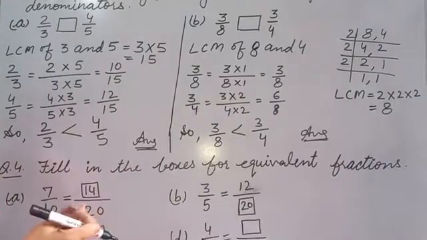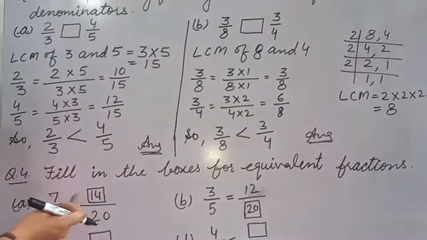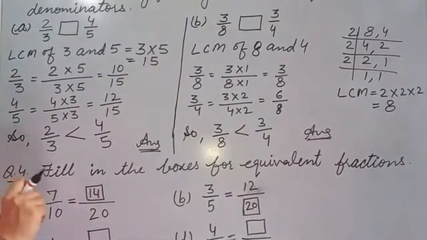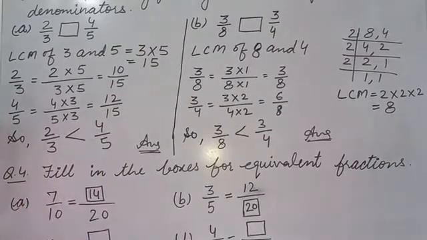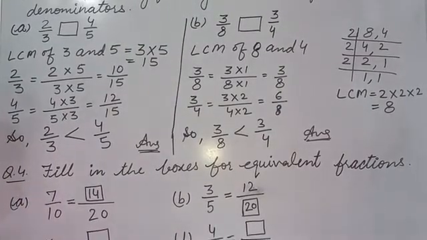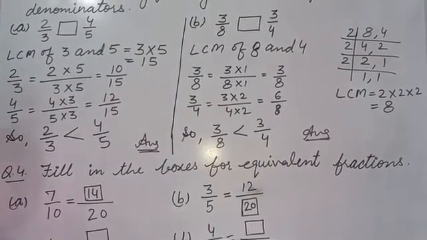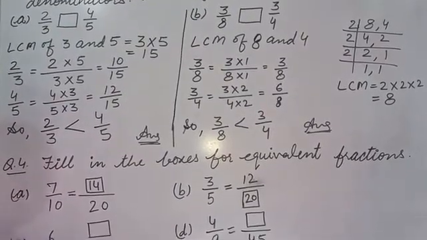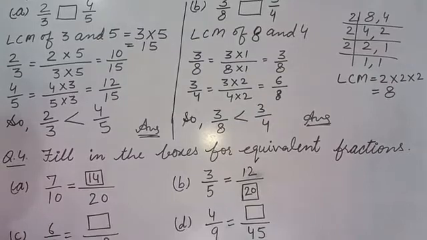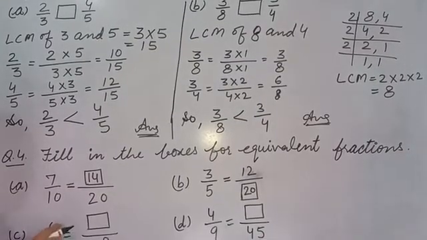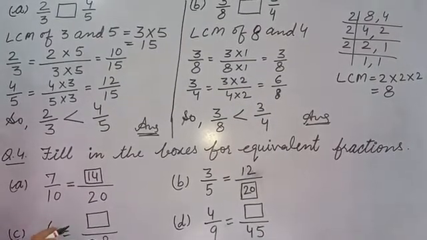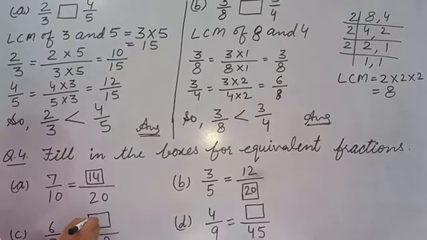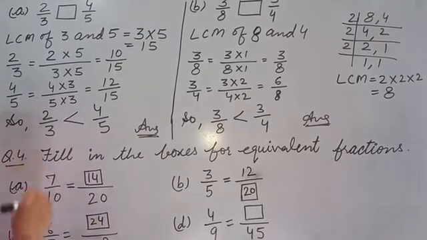Okay. Whenever you have equivalent fractions, you can compare them. If the numerator is given, compare the numerators. If the denominator is given, then compare the denominators. So now see part 6/7. Here the denominator is already given. So in the 7 table where we have 28. 7 4s are 28. That means 4 से multiply किए. When the denominator is multiplied by 4, the numerator also is multiplied by 4. So 6 4s are 24.